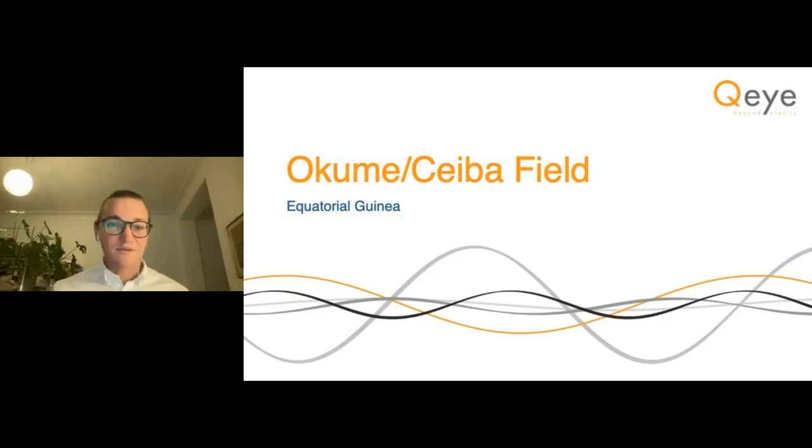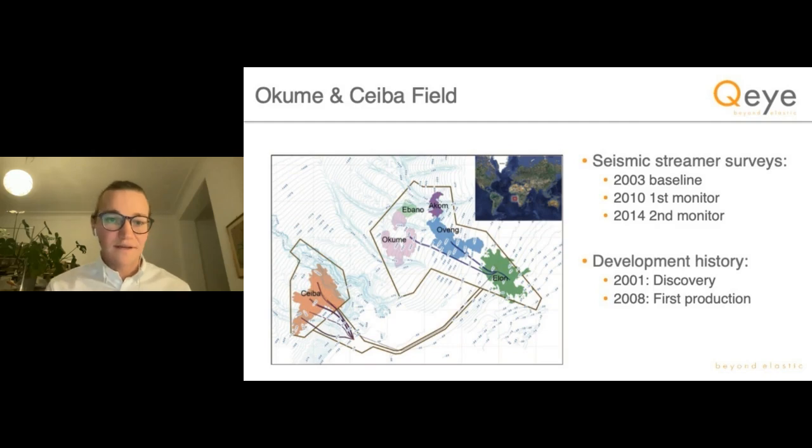Next, I'm going to show an example of the Okum-Siba field. This is West Coast Africa, and this was a very nice seismic data set, part of a large complex of deep water turbidite sequence, and some brief history on the seismic data and the